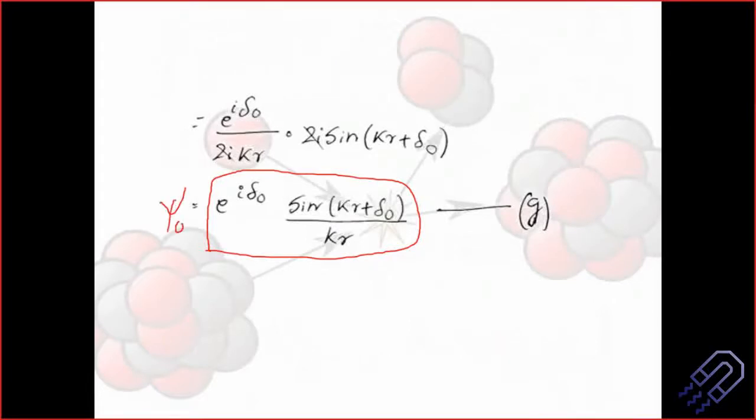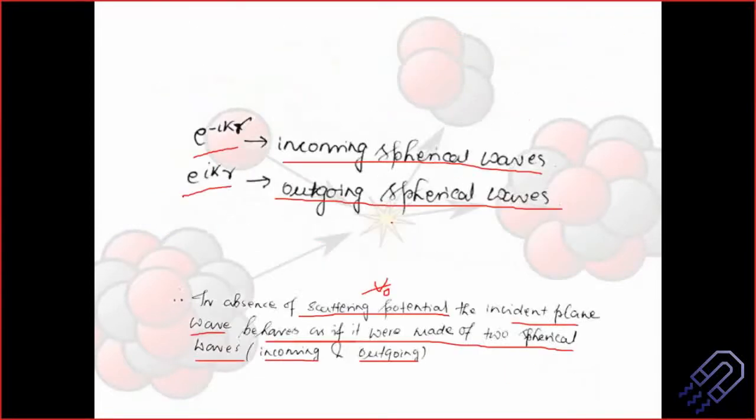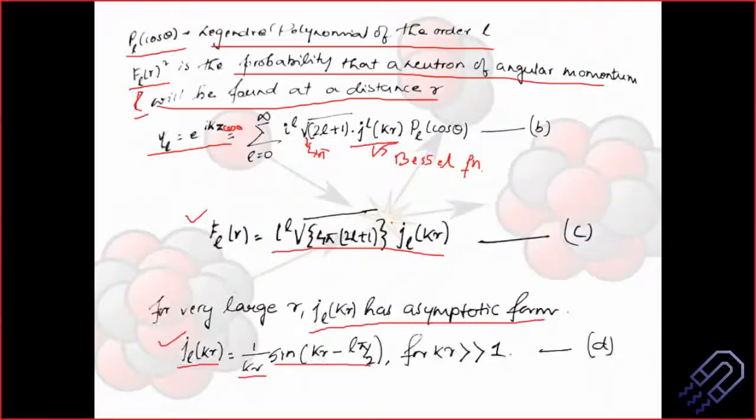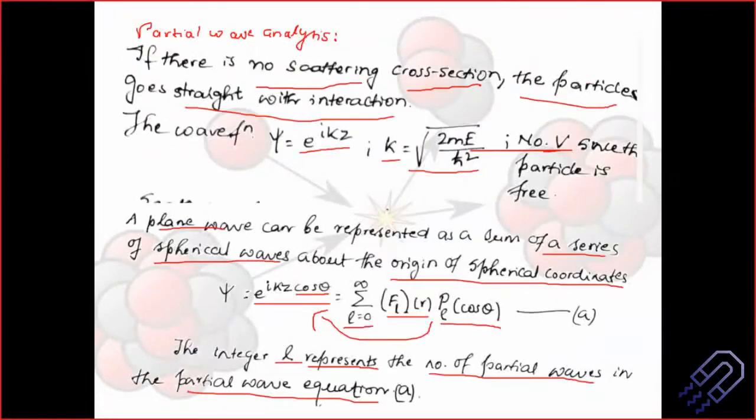So this is where we stop, but this is not the end of the derivation. In the next class, that is Monday, we are going to end this derivation, and then probably we'll go to something called the phase shift calculation. So we are going to find out what delta naught is. That's a different topic. So if this is a descriptive question of 8 marks, your derivation will start from here. I think I've written it already. Yeah, basically your derivation will start from here.